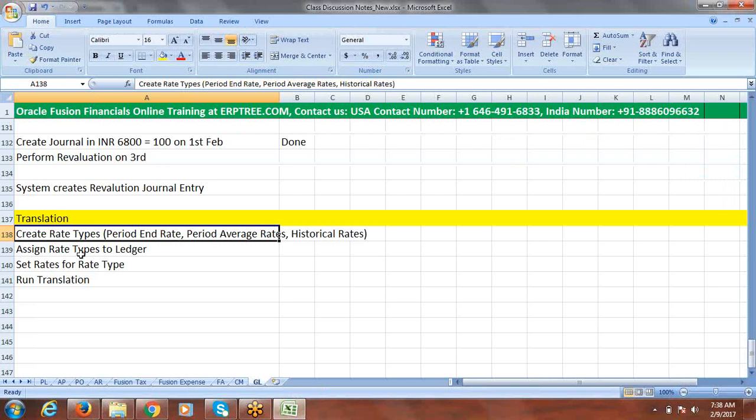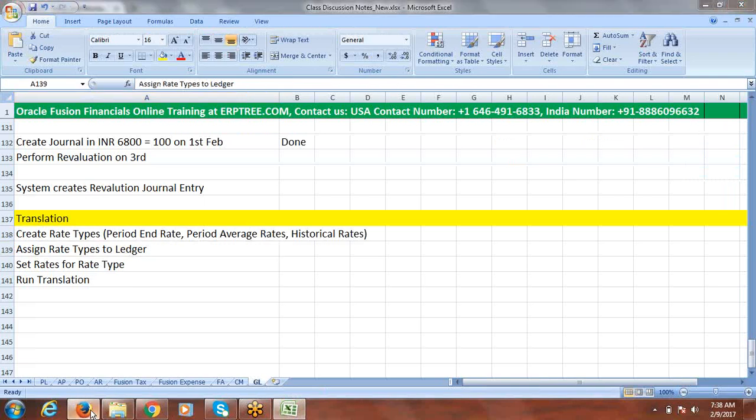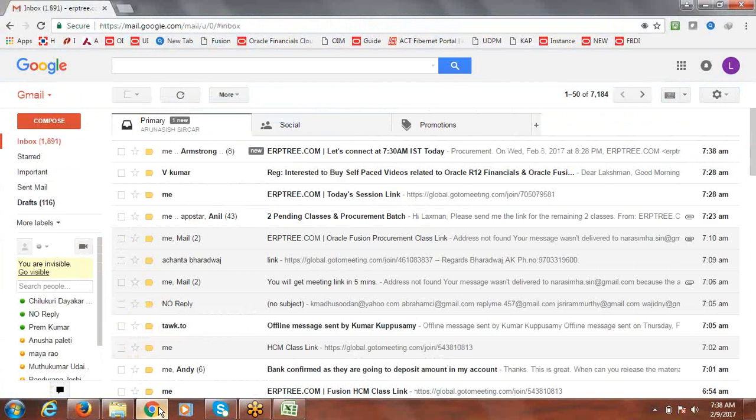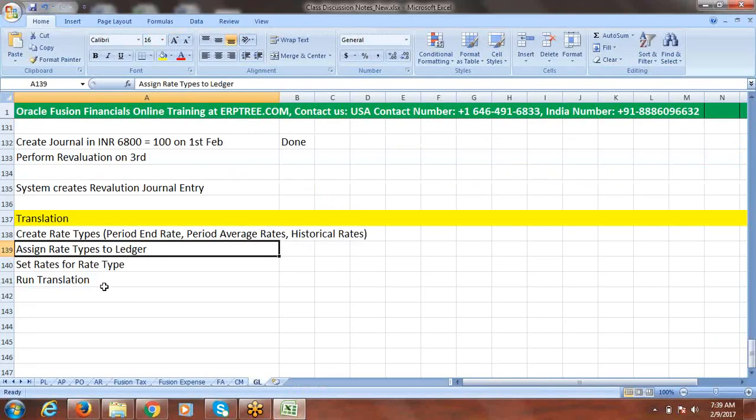The next task is we'll assign these rate types to the ledger. To set anything at ledger level we use the ledger options. Let me close this.